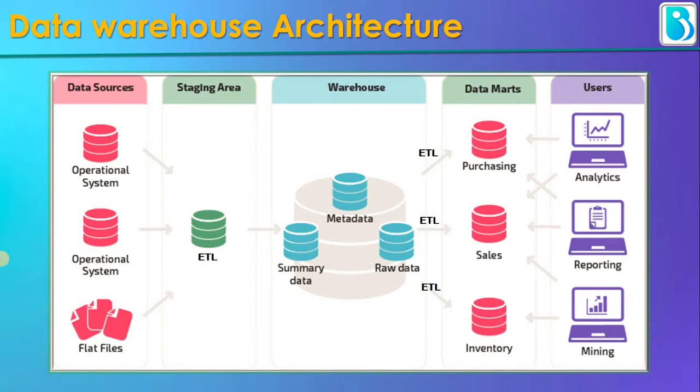All these data sources will be in different places across the world, and will be segregated into multiple applications and domains. This data will be pulled into a staging area, which is nothing but ETL space. From here onwards, our Ab Initio will be prominent. With Ab Initio, we will clean the data according to our business requirements, and then we'll transform this data and load it into the data warehouse.